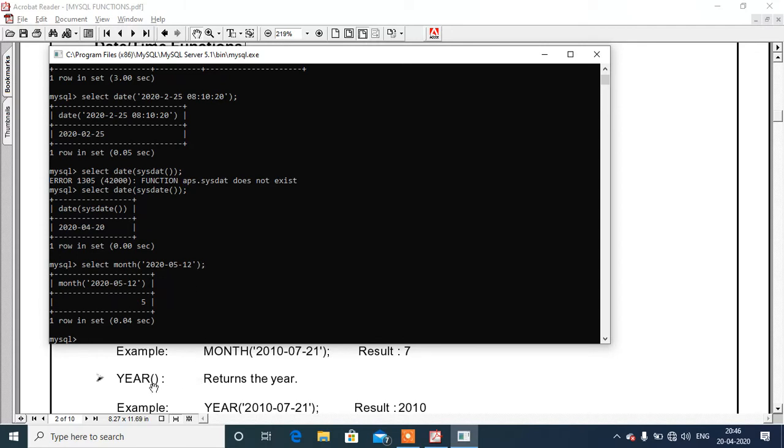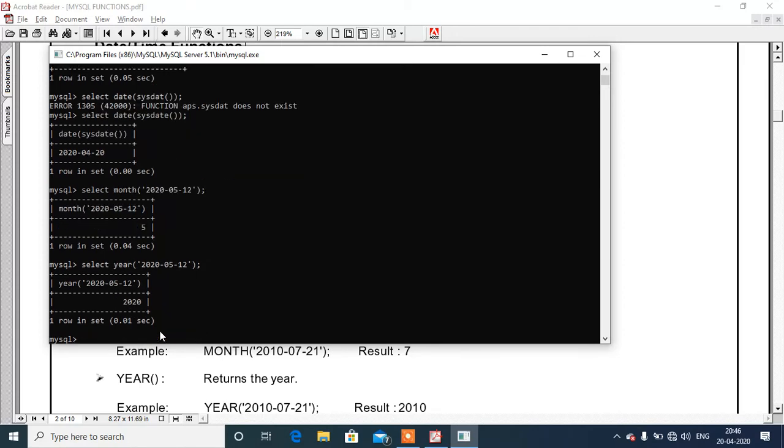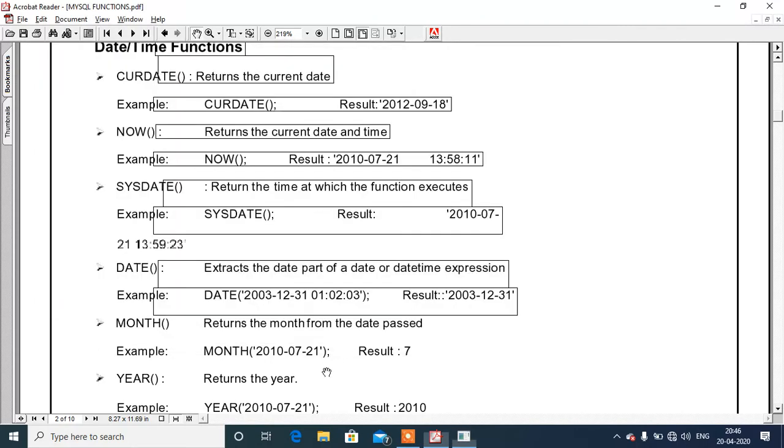Then the next function is the year function. The year function returns the year part of the date. If we write the same thing replacing month with year, we'll get the year part, that is 2020.